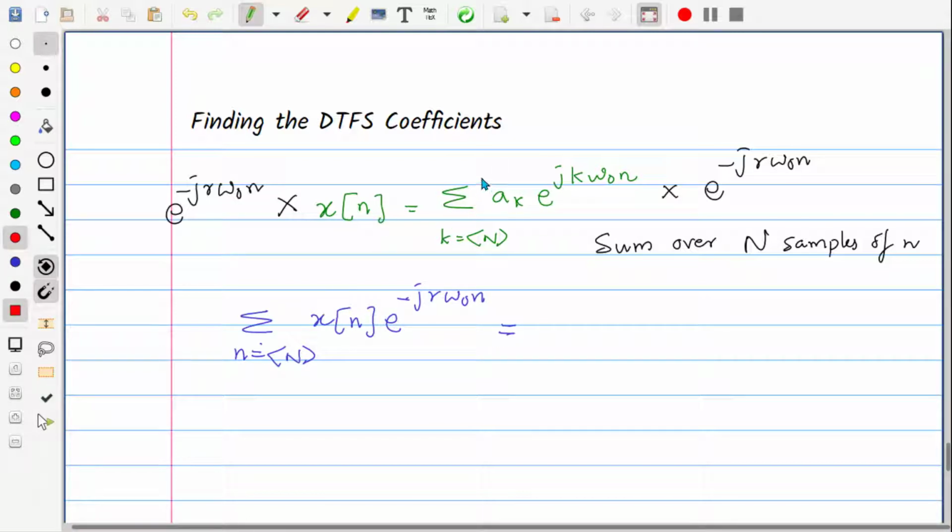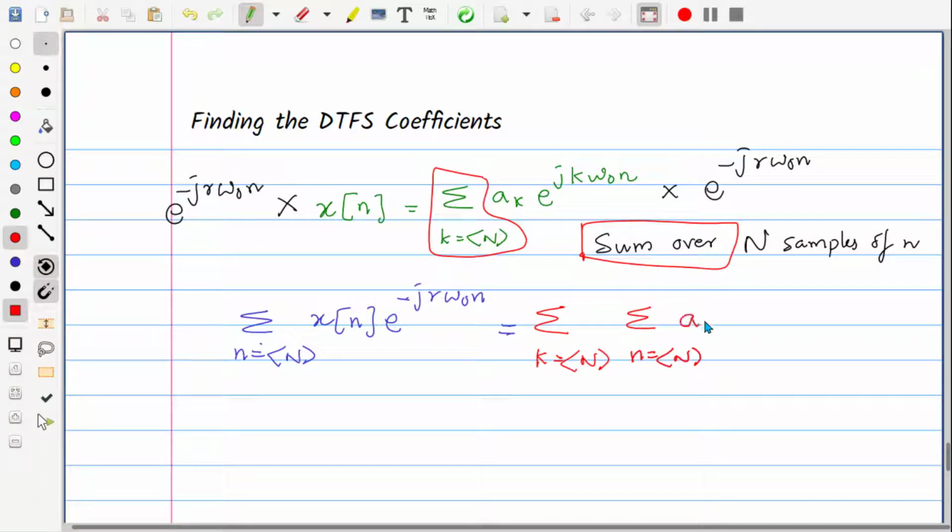and already there is a summation in the RHS of the actual equation. So now one more summation we need to include, that is summation n within the range capital N, summation k within the range capital N, a_k e^(jk omega_0 n) into e^(-jr omega_0 n). Here you need to note that the index r is taken because k we have already taken in the RHS